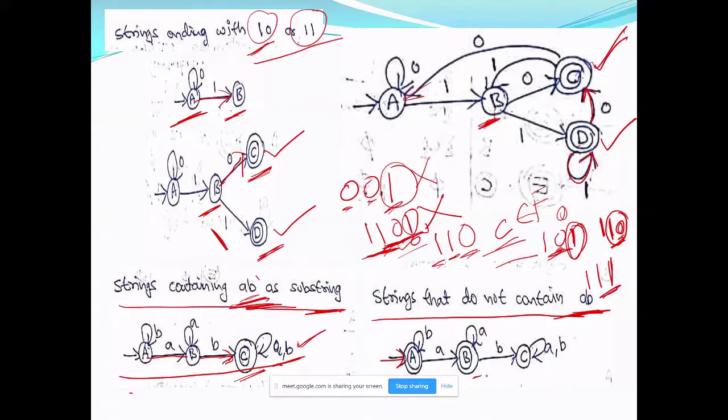But as soon as you get B after A, I go to C. This is a non-final state. After that, because one AB is there anywhere, you reject your string after processing all the input symbols, whatever the input symbols, whether A or B, any number.